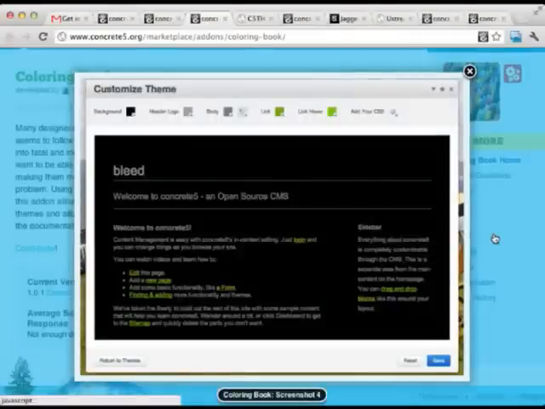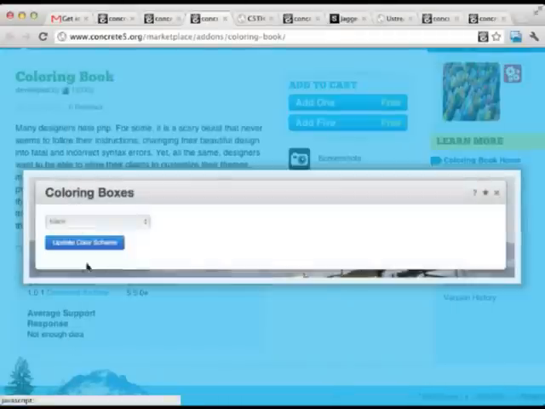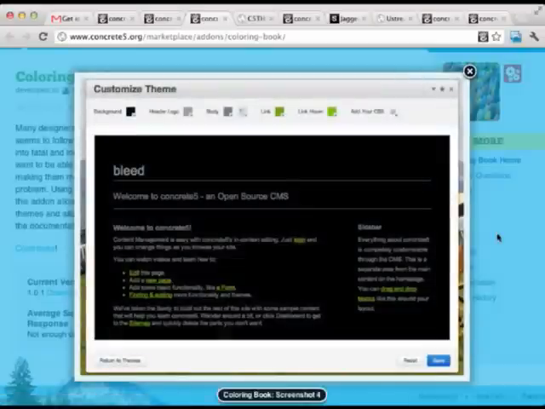Right, so buried in concrete5 there's this thing you're seeing right now. If you go to customize your theme from the themes section, there's a customize button, the same place you would get the default from. This brings this up, and whichever styles the theme developer has added a special comment to, you can configure across the top.